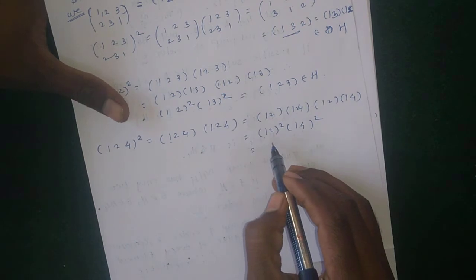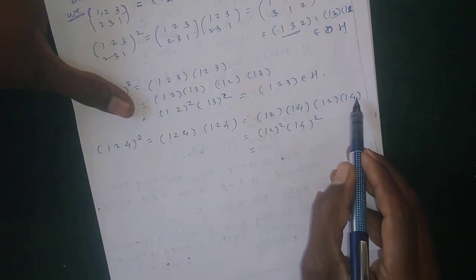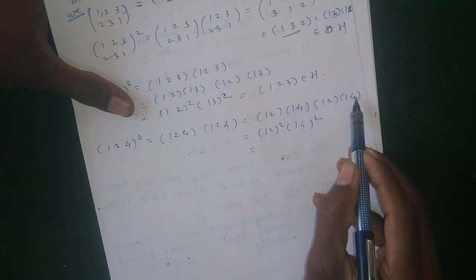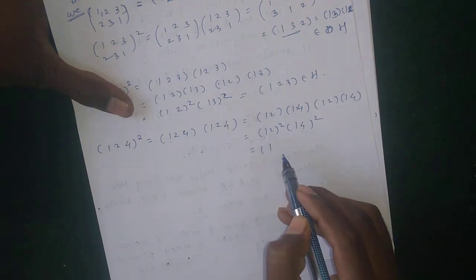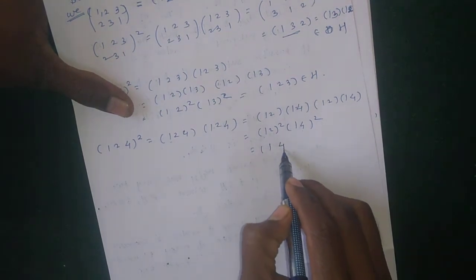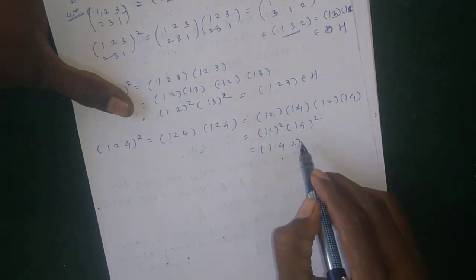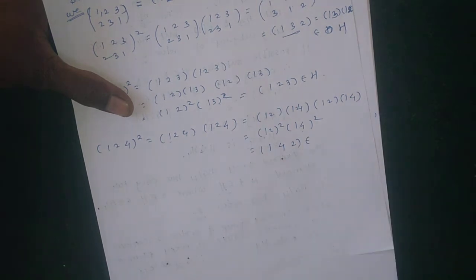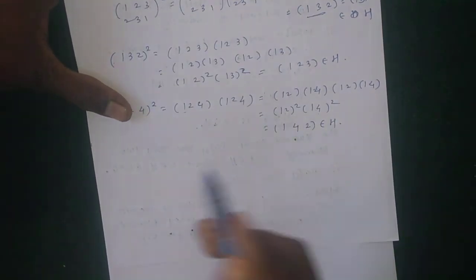is 1 has value 4, 4 has value 1, 1 has value 2, means 1, then 4, then 2. Okay, this also belongs to EH, because it is the square of this element. Okay, again